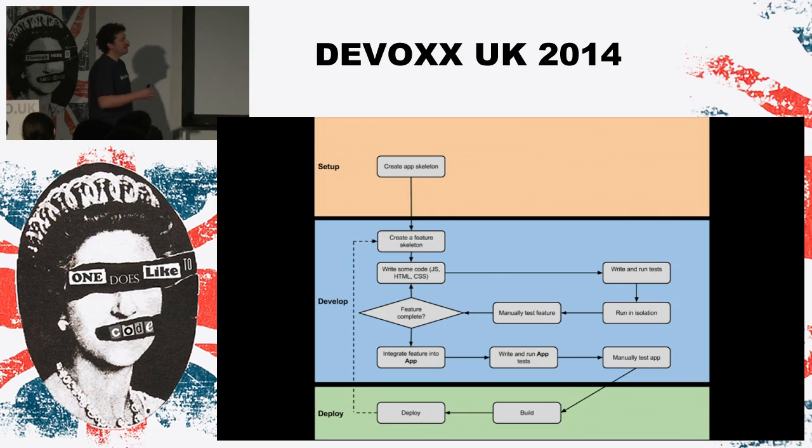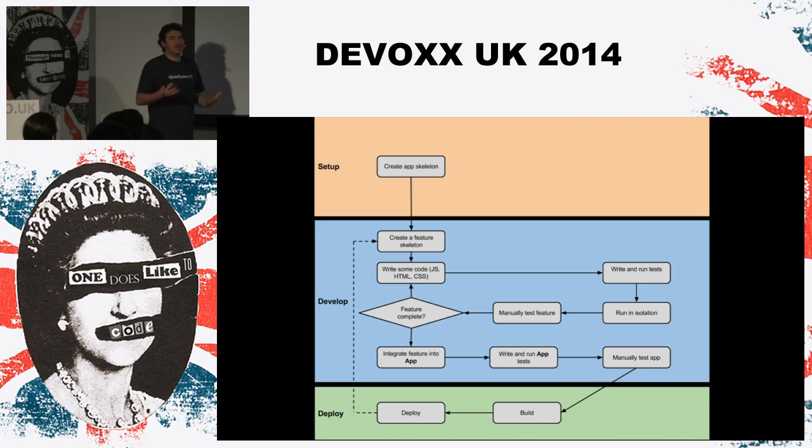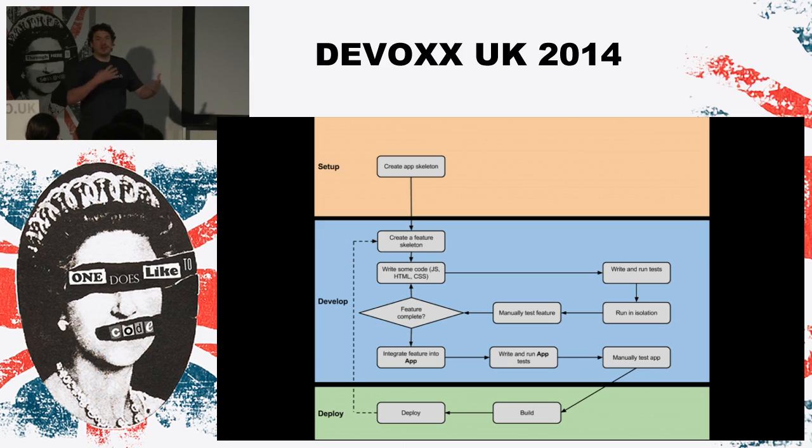So the workflow that we try and aim for, and I think most people do a similar thing, is we want to create a skeleton for our application. So we want to be doing things in consistent ways. Our applications will generally have some commonality between them, so our tooling helps us build that application skeleton. So we know where our assets are on disk, where the folders and directories are, where to find assets,